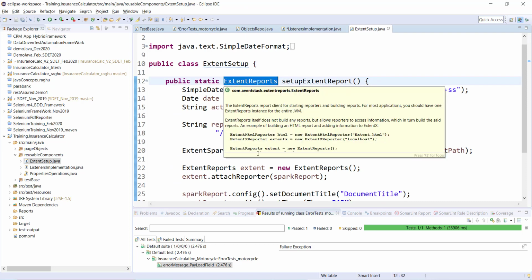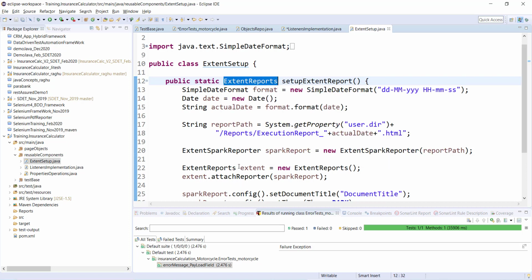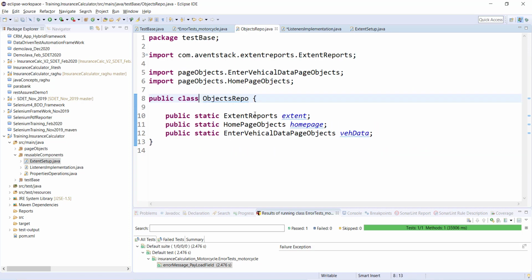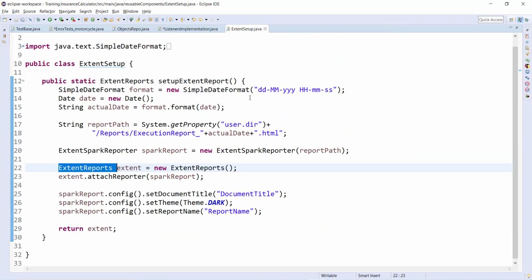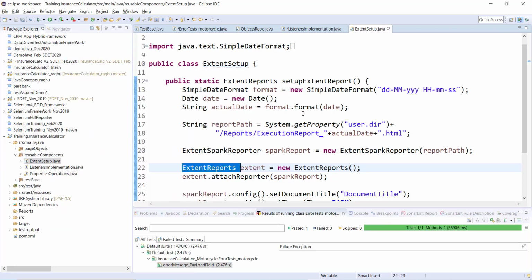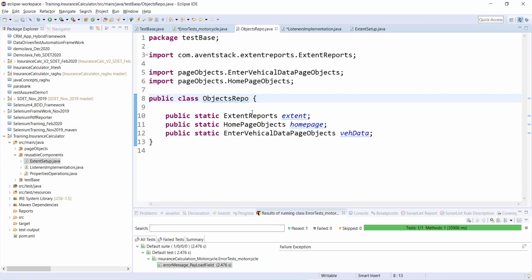And where have we saved it? I think we moved it under the object repository. Object repo, yeah, we did move. We need to extend the object repo here because we are going to refer to these particular variables from this object repo.